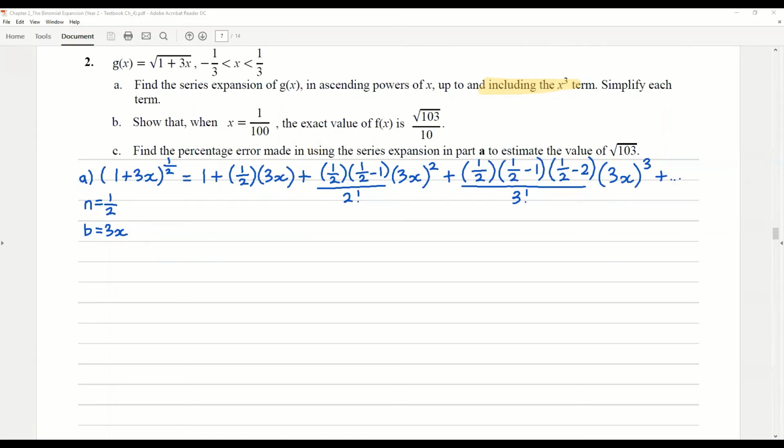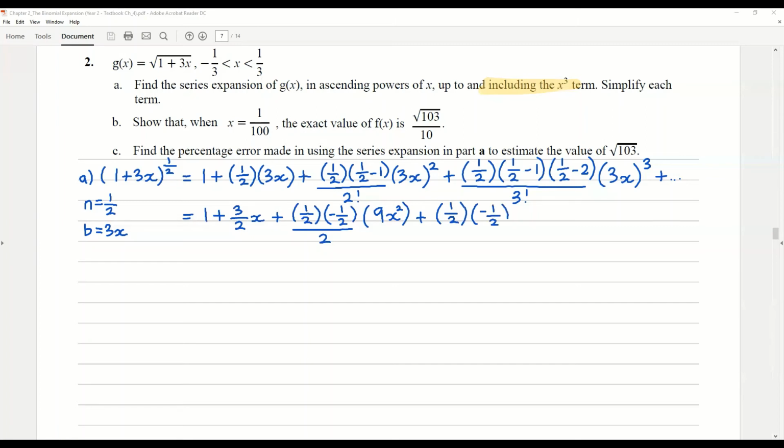So hopefully you've got your answer in front of you. So this is going to be 1 plus 3 over 2 x. If you've got that right, give yourself a pat on the back. That's good. Then we just evaluate this a little bit. Again, I don't like to do too much in one go. I like to take my time with this. 1/2 subtract 1, so that's going to be -1/2 over 2 factorial, which is 2, multiplied by (3x) all squared, which is 9x squared. And then for the third term, so again, we've got 1/2,